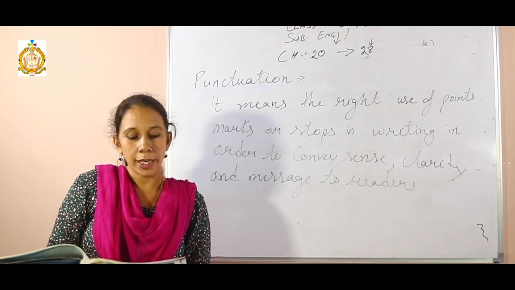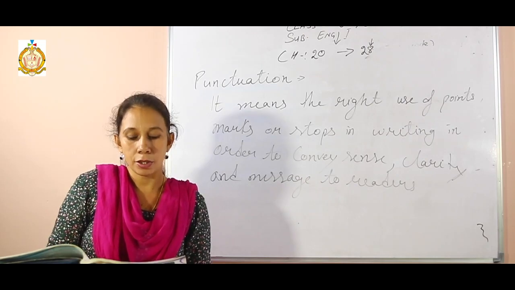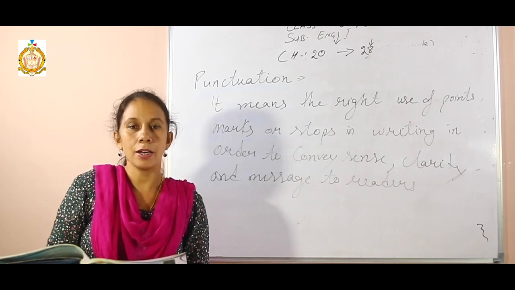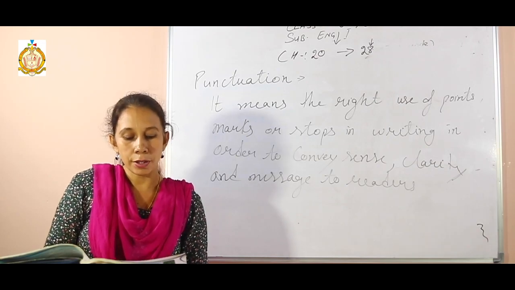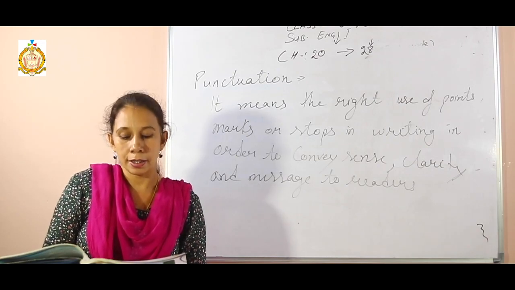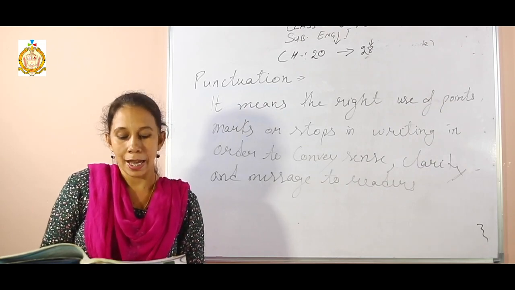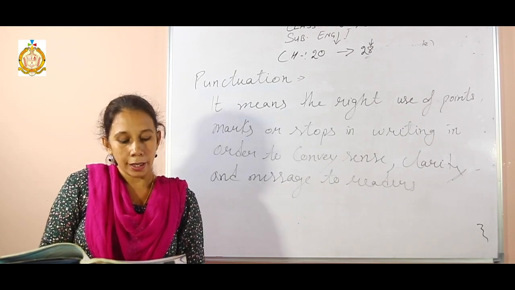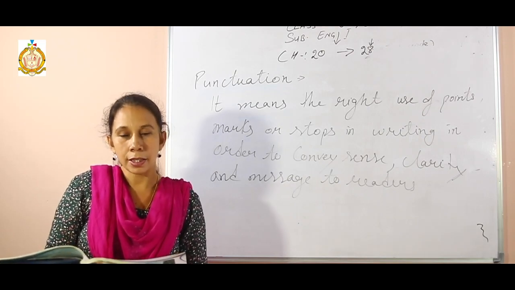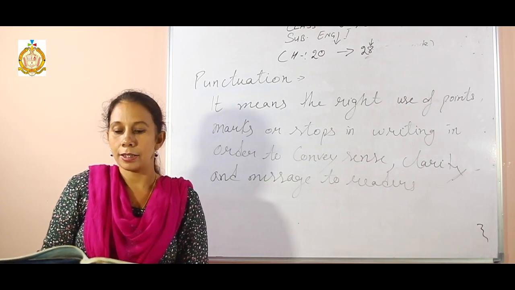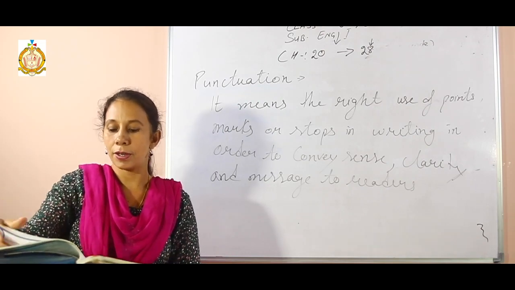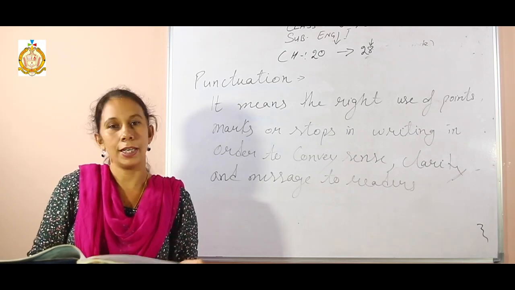D part is also very easy. Rewrite the following sentences using an apostrophe. You know, I already dictated to you where you use an apostrophe. For example, add 4 6s and 8 9s. Here you can put an apostrophe after 6 and between 6 and s, and between 9 and s. And in the other E part, rewrite the following sentences by putting a colon at the appropriate places. Same like that, last part F, punctuate the following pair of sentences.